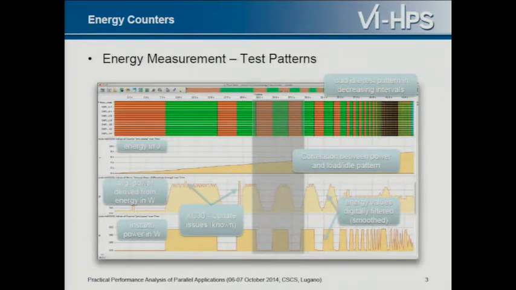So the test pattern goes with decreasing intervals, and we have collected 3 counters here, or actually all of them are collected always if you enable the power plugin. So first is the energy, measured in joules over time, and as with any energy counter, it increases over time.